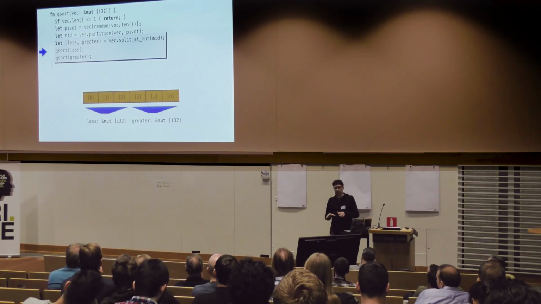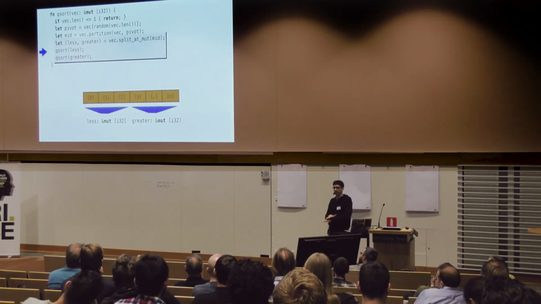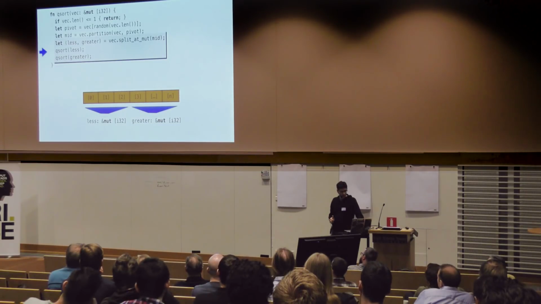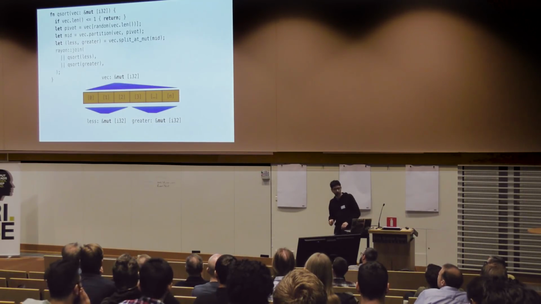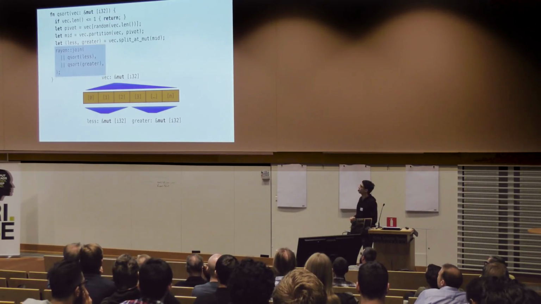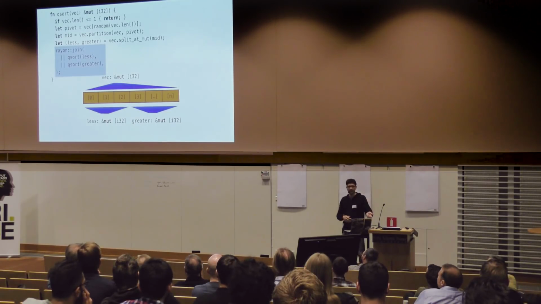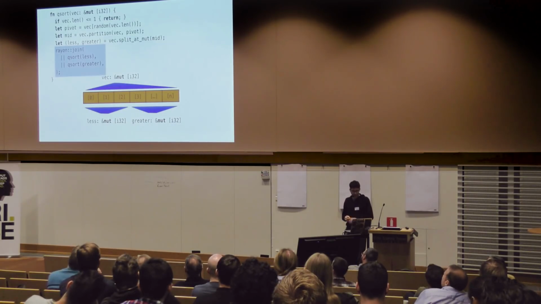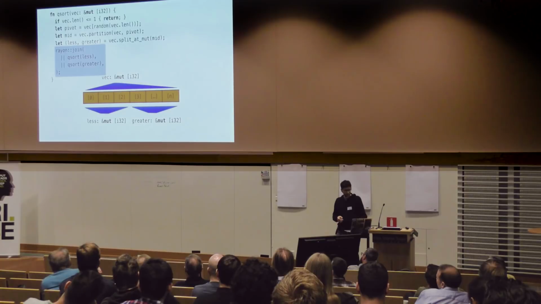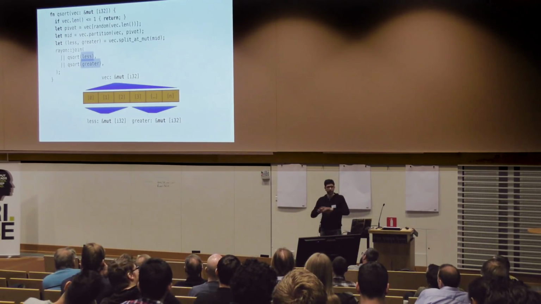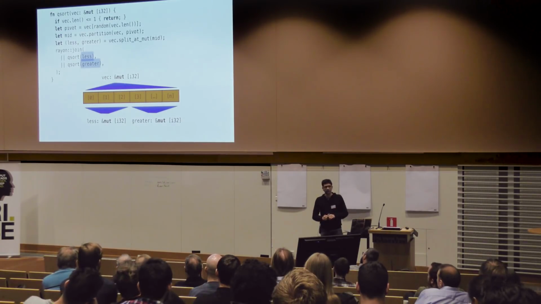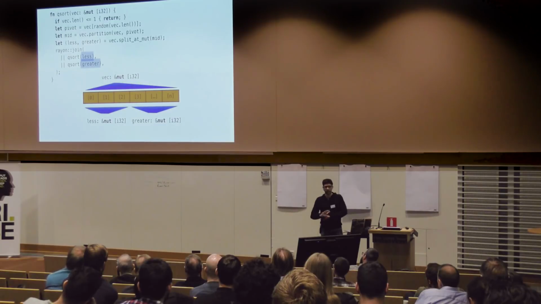In this recursive step, we're processing two disjoint parts of the array. It would be nice if we could do this in parallel, and that's exactly what Rayon join lets us do. So we can call join like so, and now we process the less and the greater halves in parallel with one another and wait for them to finish. The type checker is pretty happy because each of these closures is referencing a different variable, one referencing less and one referencing greater. In this case, it's a mutable reference, so they have to be different.